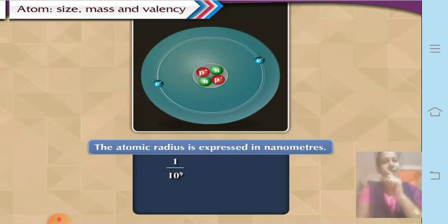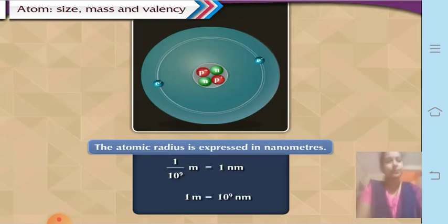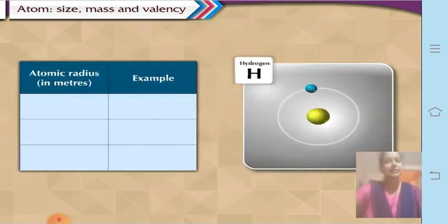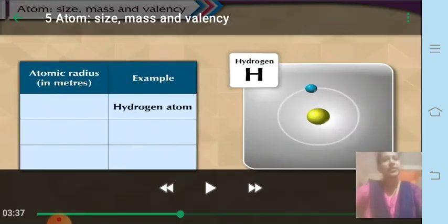So that means 1 upon 10 raised to 9 meters is 1 nanometer, or you can also say that 1 meter is equal to 10 raised to minus 9 meters. So this is how we are expressing. So 1 nanometer is equal to 10 raised to minus 9 meters, or 1 meter is equal to 10 raised to 9 nanometers. Fine. Now let us see the atomic radius of the different atoms